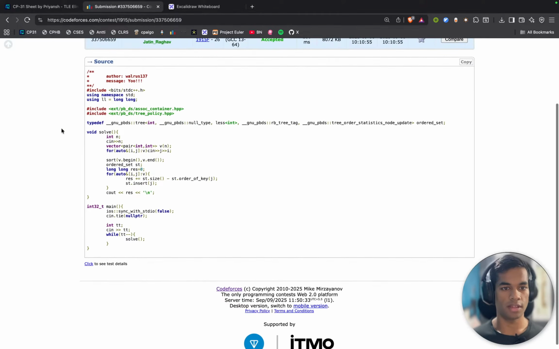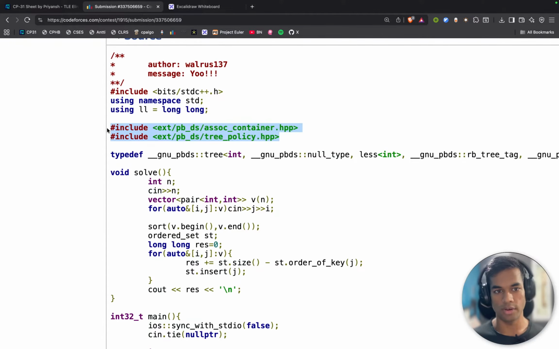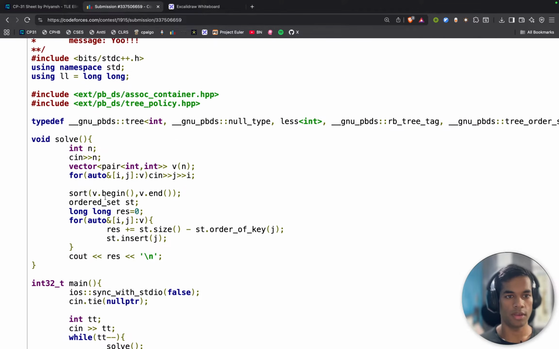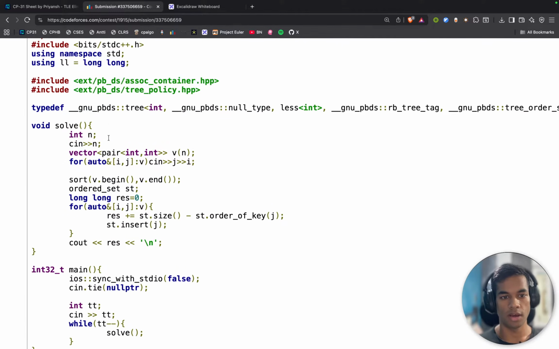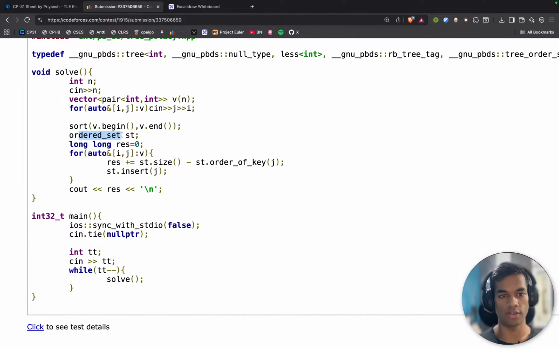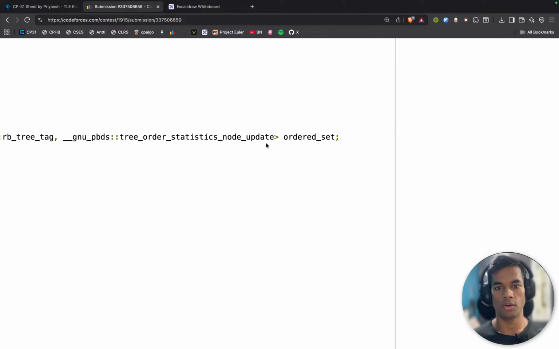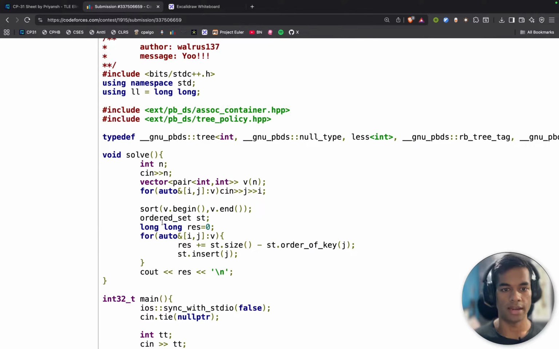And yep, this is the thing that I submitted for that question. And this included these two things. And I did submit this yesterday on a stream. And when I was submitting this, I didn't know what this means and what this is. So now in today's stream, we are going to read about this. But when I was submitting this, I knew how to use this data structure. Here I initialized this data structure. I first of all aliased, typedef'd this thing to be called ordered set, and then I initialized an instance of